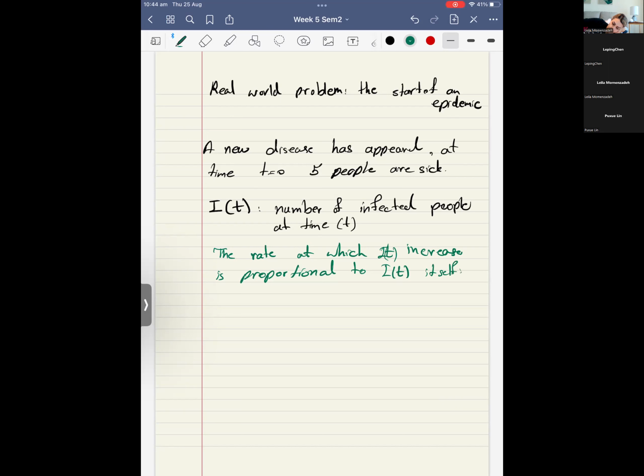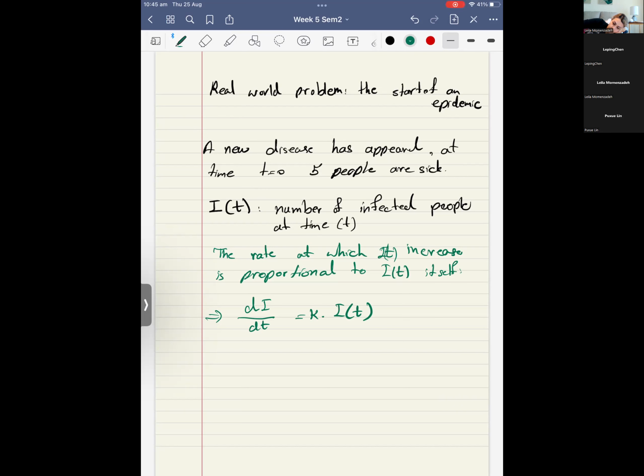Okay. I can write here dI over dt equals k I, where I is the number of the infected people, and the k is a constant number,